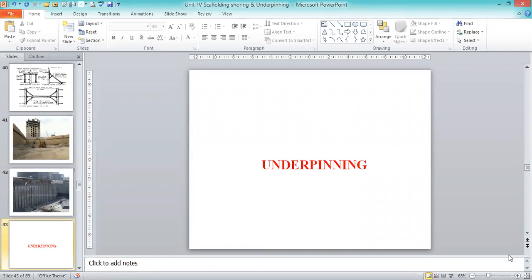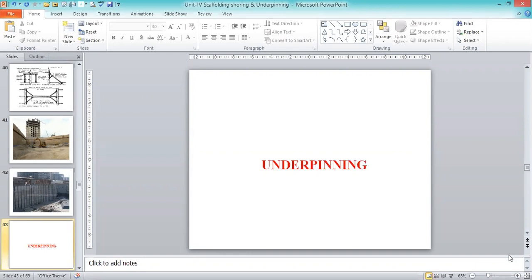The third case is very weak soil conditions, where we have to improve the bearing capacity of the soil, which is called soil stabilization. We stabilize the soil such that the bearing capacity is improved. This includes waterlogged areas, where the bearing capacity of the soil is very weak, and whatever we construct in those areas, we have to enhance the property of the soil. In those cases also we use underpinning operations.